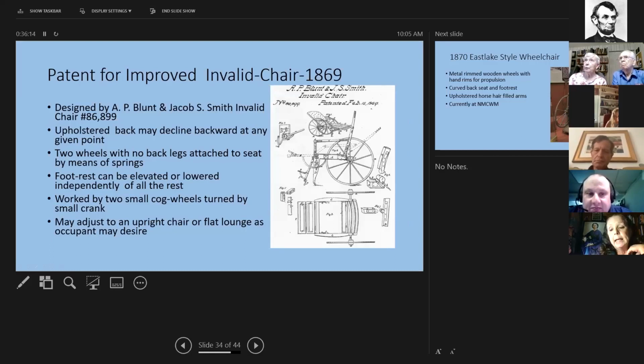And there were two wheels with no back legs attached to the seat by means of springs. The footrest can be elevated or lowered independently of all the rest, and it worked on two small cogwheels turned by a small crank. And it can be adjusted to the upright chair or a flat lounge as the occupant may desire.